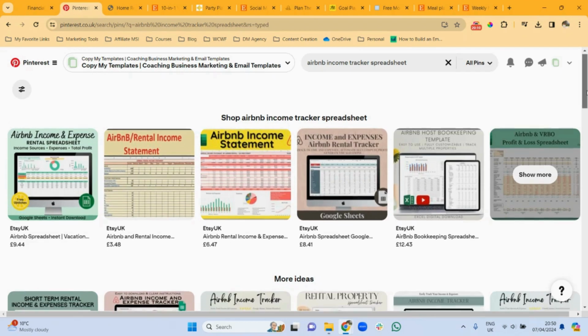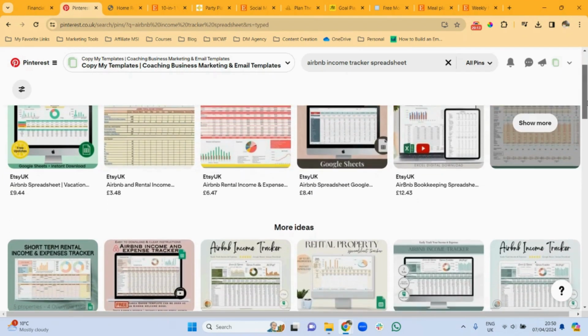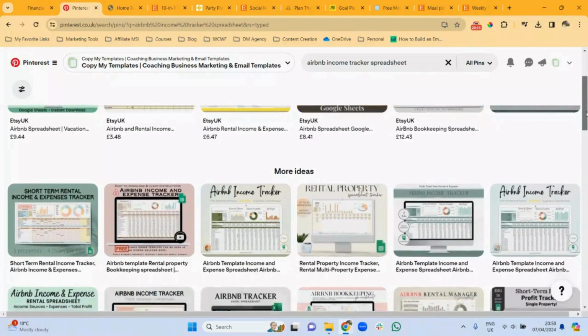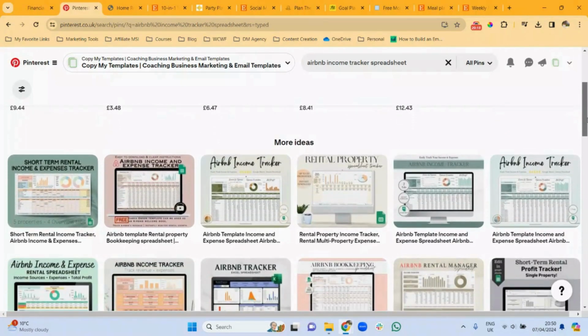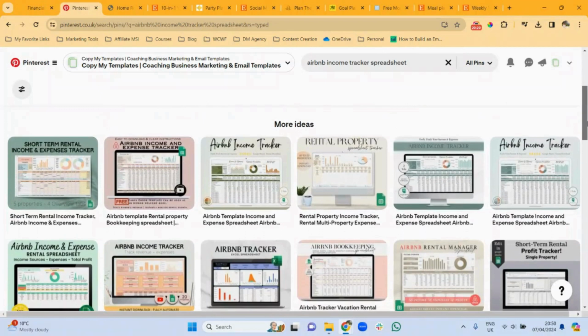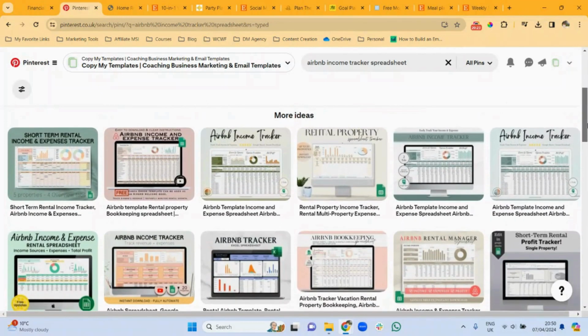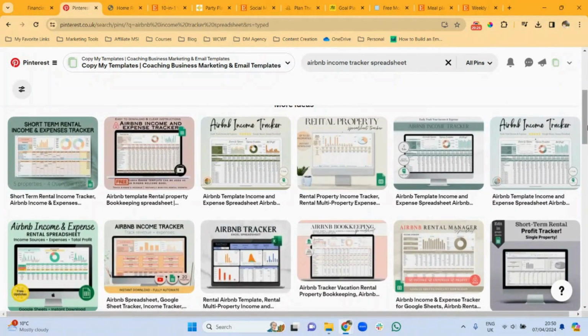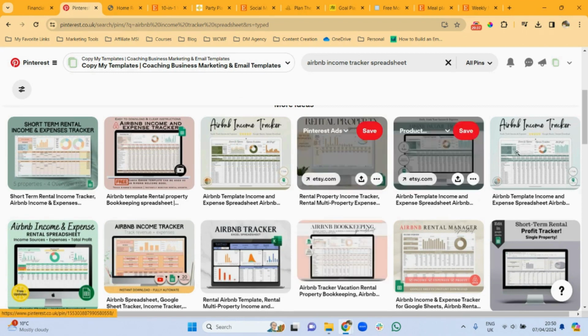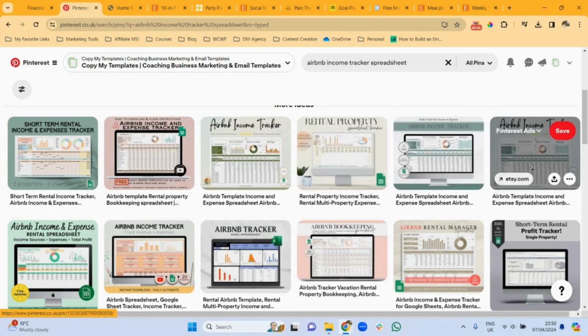Okay, so let's talk about Airbnb trackers. With the rise of short term rental platforms like Airbnb, managing multiple properties and bookings can become difficult for some people. So that's where the Airbnb income tracker spreadsheet will help people simplify rental property management by bringing together booking details. They can track income and expenses in one spreadsheet. Plus, you can help users keep track of their Airbnb rentals, especially if they have multiple rentals.